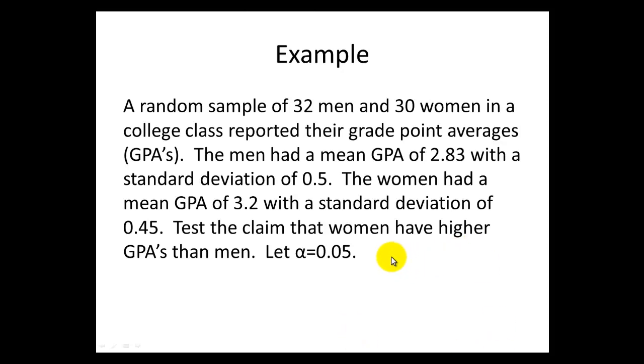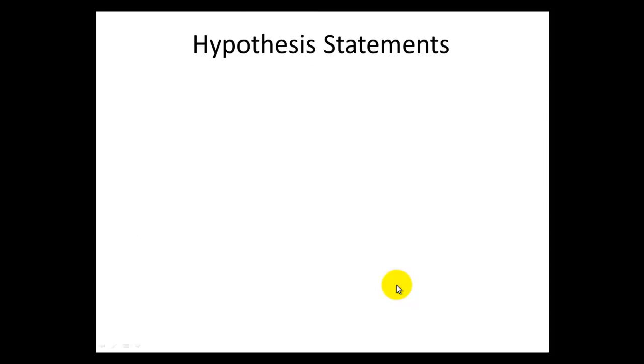Let alpha equal 0.05. How are we going to approach this? We first have to realize that we are working with means. And we need to sort out that we have more than one